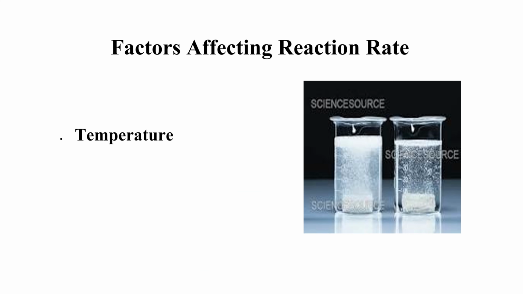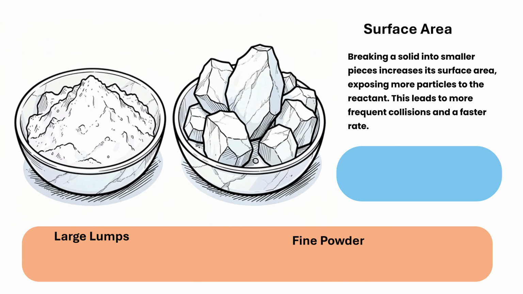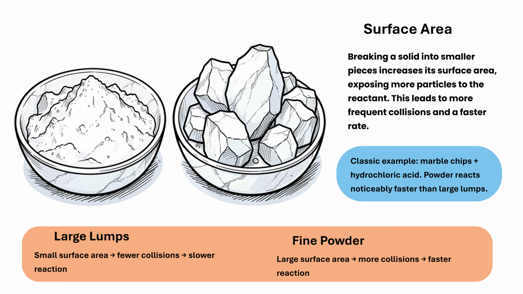Several factors affect how fast a reaction occurs: temperature, concentration or pressure, surface area of solids, and the use of catalysts. Let's explore each. Decreasing the particle size of a reactant increases its surface area. This exposes more particles to potential collisions, which increases the frequency of successful collisions and results in a faster rate